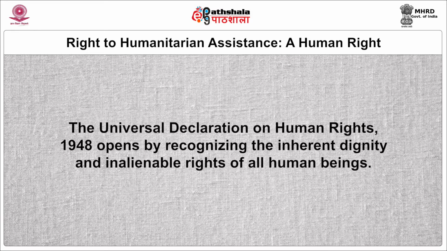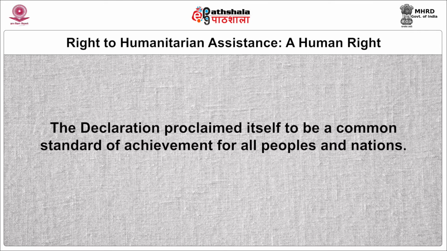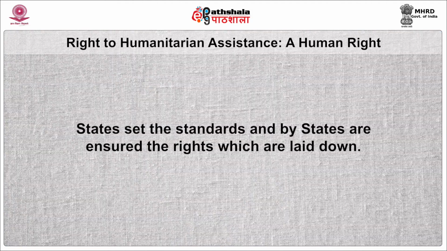The Universal Declaration of Human Rights 1948 opens by recognizing the inherent dignity and the inalienable rights of all human beings. The Declaration proclaimed itself to be a common standard of achievement for all peoples and nations. Article 22 of the Declaration states that everyone is entitled to the economic, social and cultural rights which are indispensable for his dignity and the free development of the personality. Such rights are to be secured both through national efforts and international cooperation. States set the standards, and by states the rights are ensured